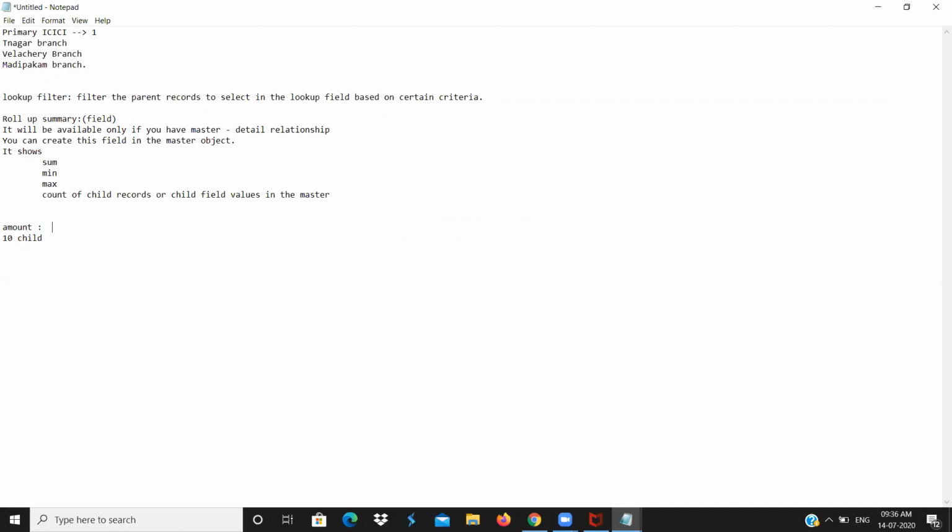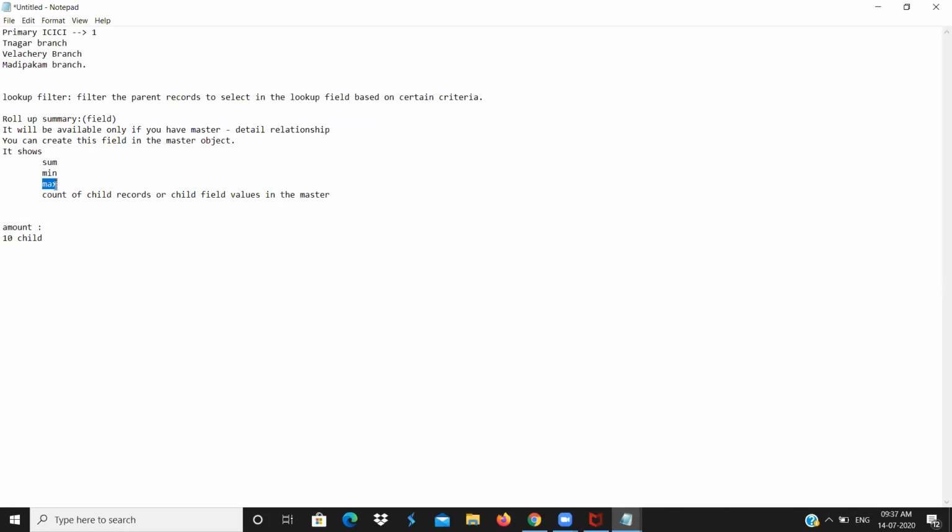So in that case, I will go with the roll up summary and I will choose a sum of the amount field. So it should be created only in the master object, that is the parent object. It shows sum, minimum, maximum and the count of child records or child field values in the master.